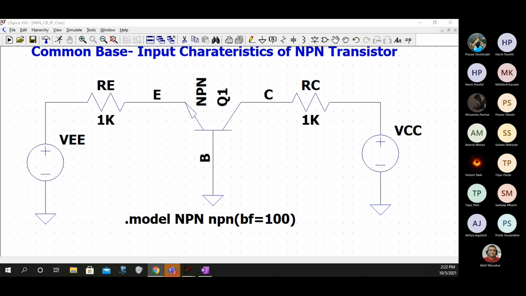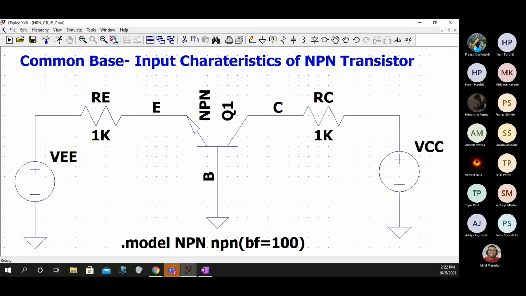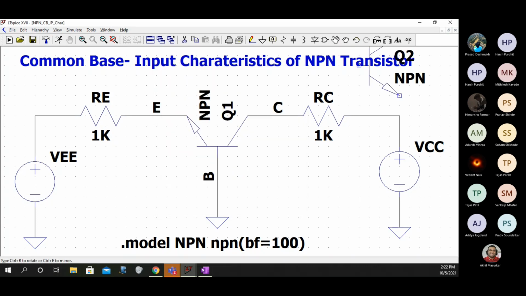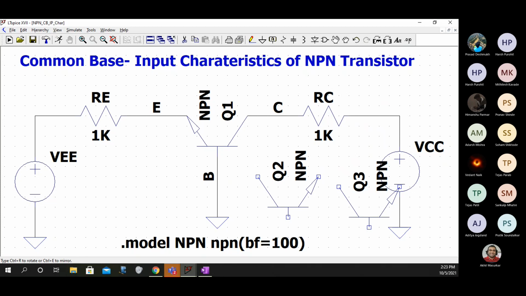Hello, sir. Yes, sir, can you please show how to use the mirror command? Mirror command. Okay, see here. First I will start with the transistor, NPN. Then I'll rotate it. You can see if I put it this way, then what will happen?